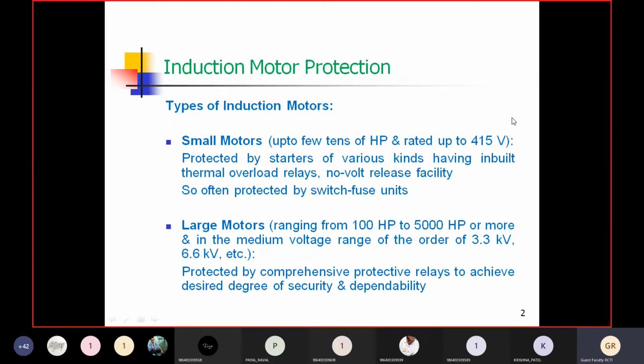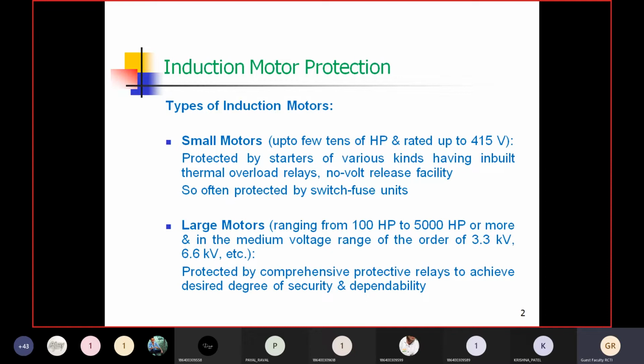Now, whenever we think about protection of an induction motor, you should understand which type of induction motor it is and which type of protection is required. For example, household machines like a mixer, a water pump, a borewell, even the fan, use single phase induction motors. These small induction motors are protected only by simple fuses, and they come in the category of small